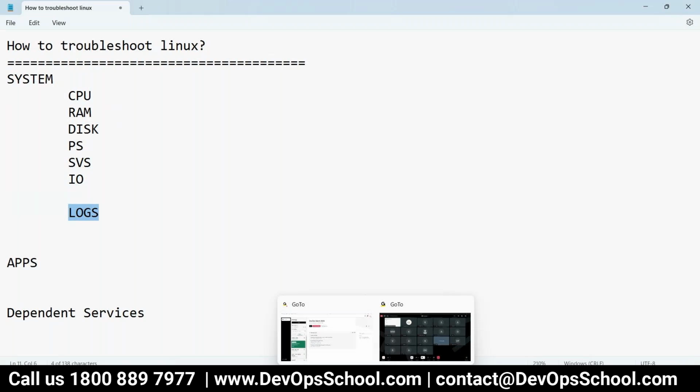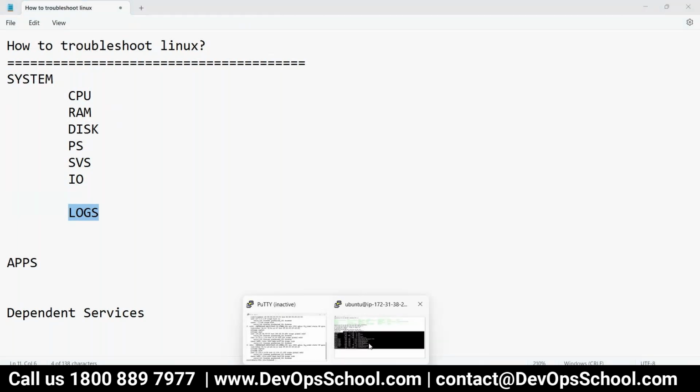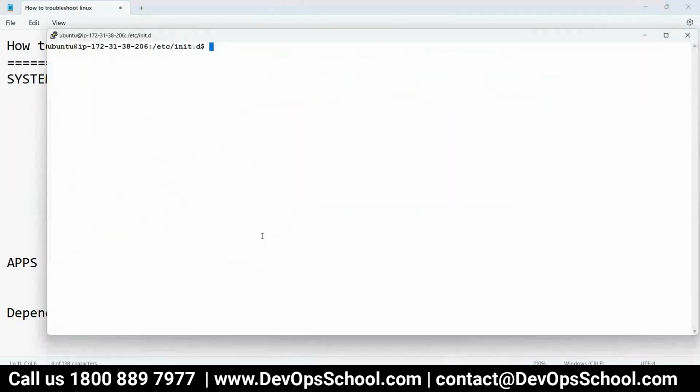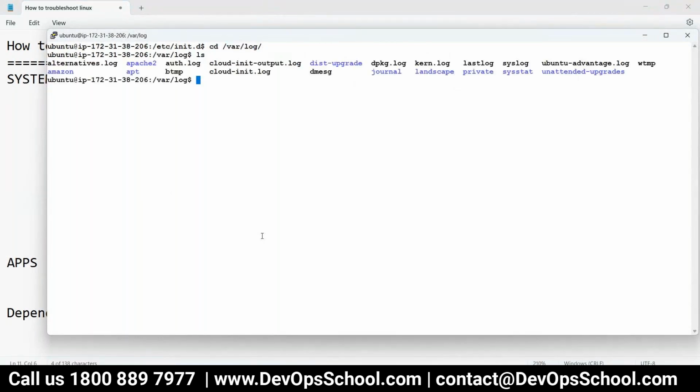Where do you find all the logs of the system? You must remember this: cd /var/log. Here you will find all the system logs. And here you have to locate them. This is the syslog, the system log. This is the last log, this is the kernel log, this is the package log where you run apt, and